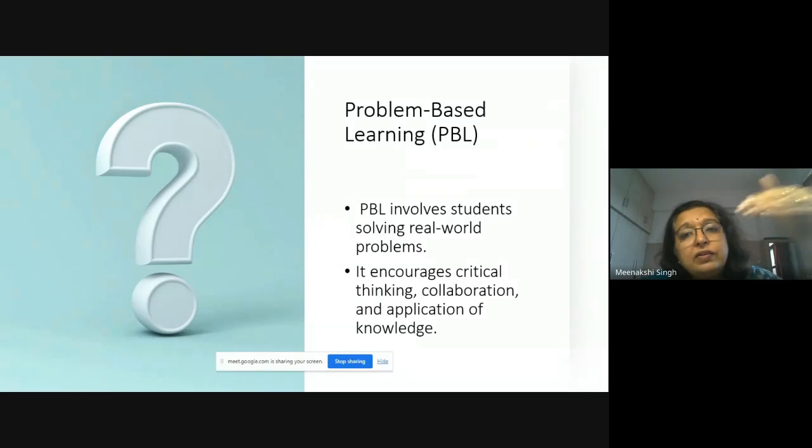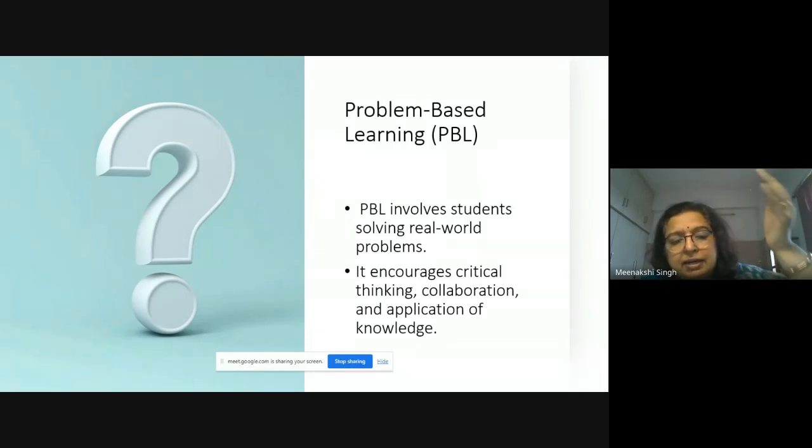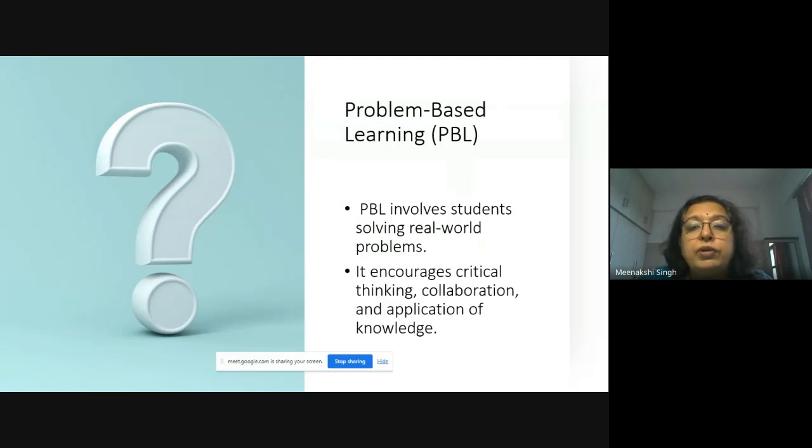But then the method of teaching is that the teacher will state a scenario. Say the teacher goes to the class and says, suppose you are coming by car, and a police van is chasing you, and they stop you somewhere and charge you for over speeding. Now you have to give arguments. How will you escape from that problem? You believe that you have not overspeed. How will you prove that you have not overspeed? Or we can give them